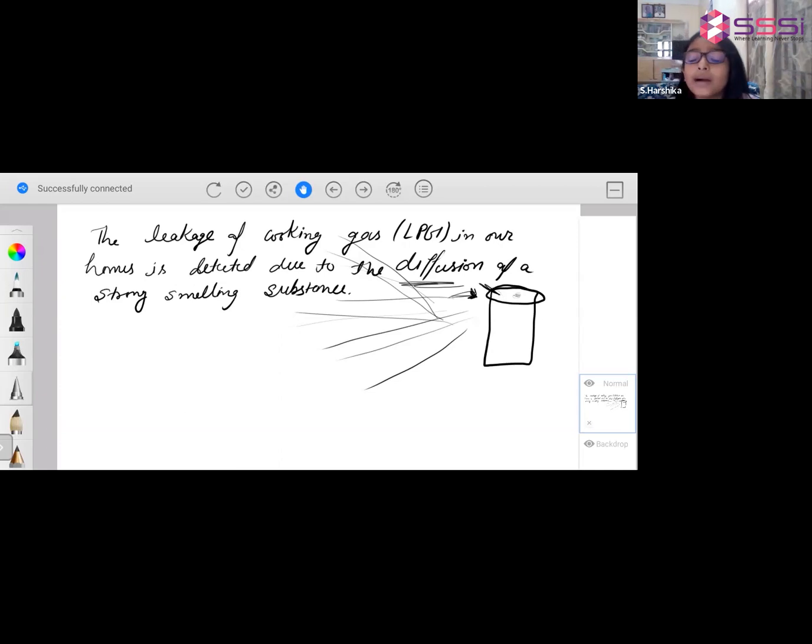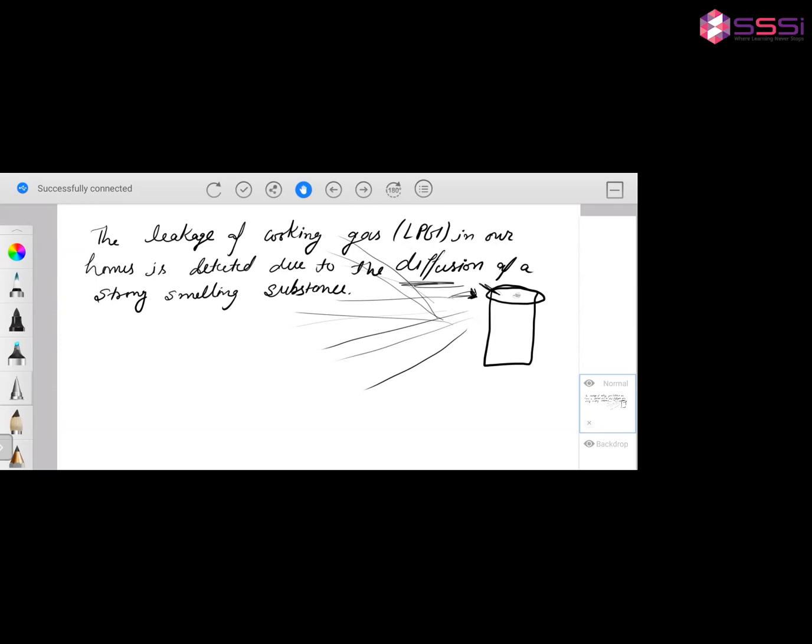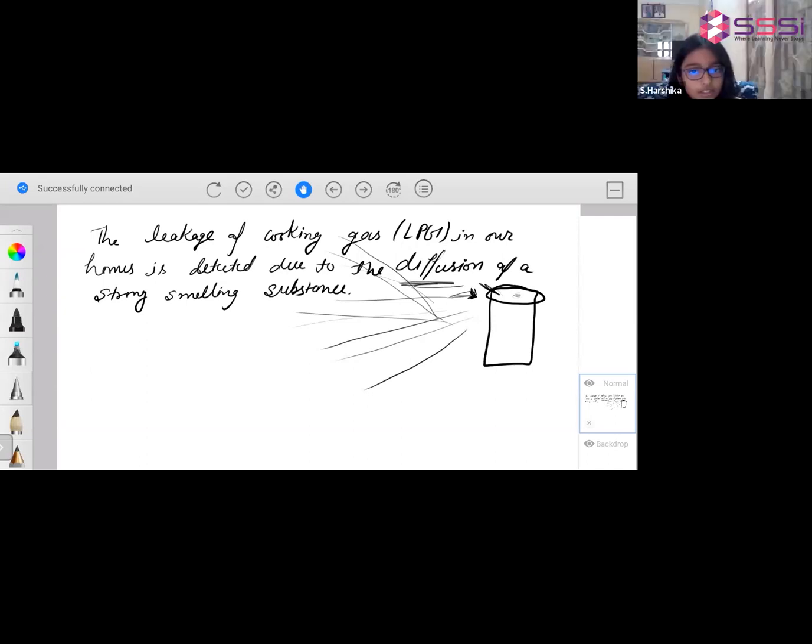Ma'am, in human body and health, I have some doubts. Can I ask it? What I told you, Harshika, is that we will discuss doubts section wise. Any doubt on physics, like matter, motion, movement, physics. When we do biology, then we'll do doubts of that human body. For now, you can send me all the physics doubts.